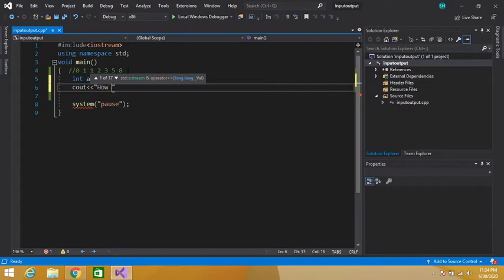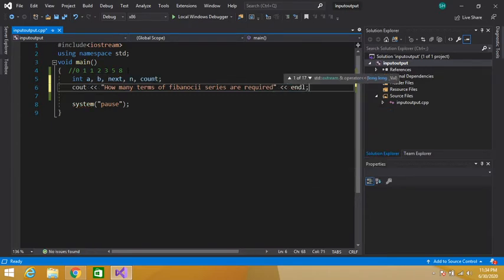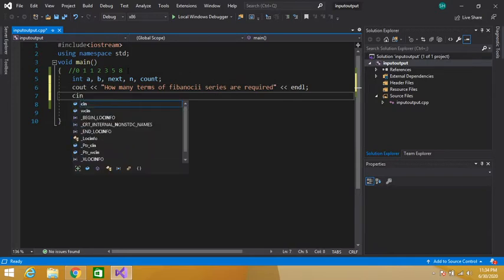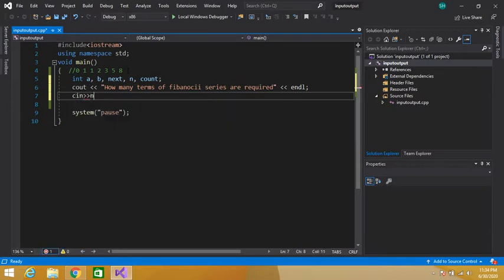So how many terms of Fibonacci series are required. End of line. Scene n.